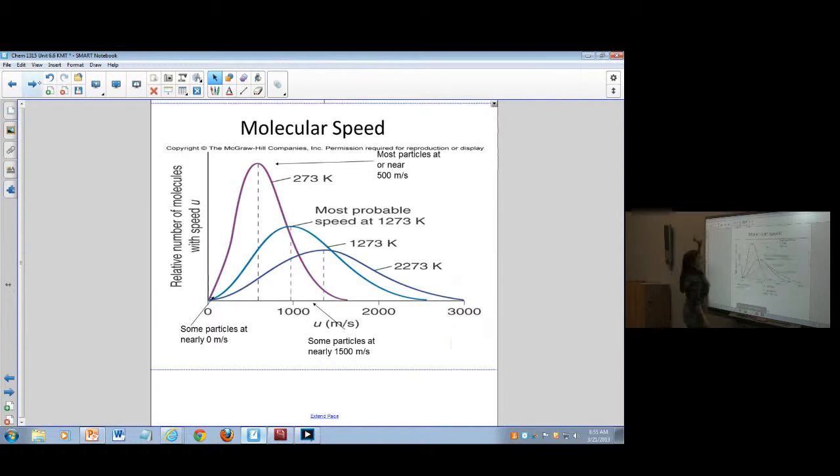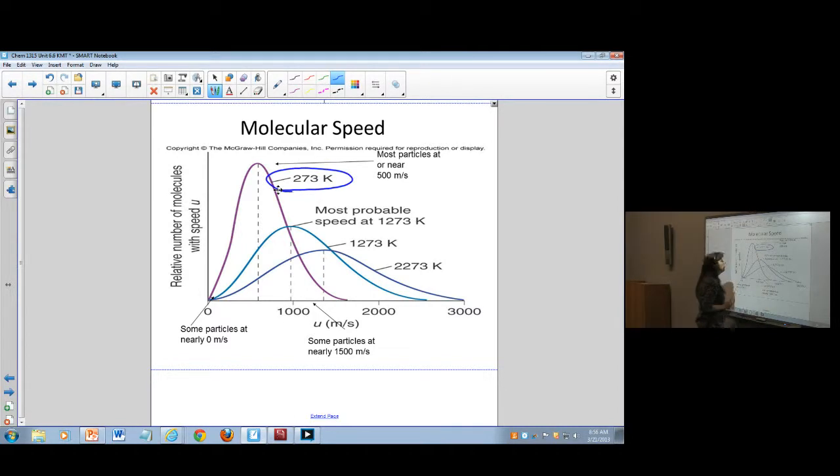All right. Now, I know this is a very busy slide, but what we're looking at here is 3 different temperatures, and we're going to prove that the average kinetic energy doesn't change, even though many of these particles are moving at different speeds. So here we are with some gas particle.